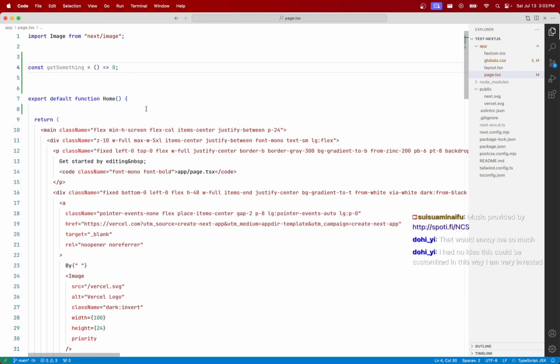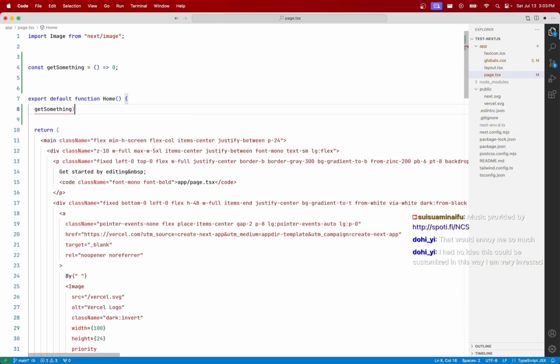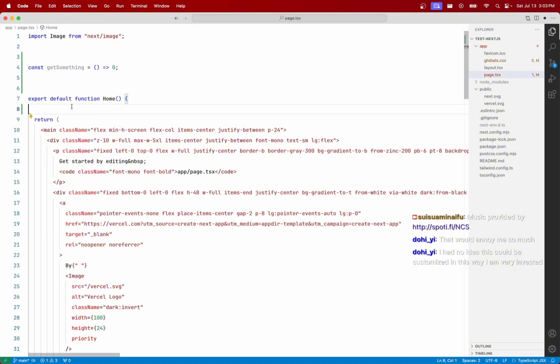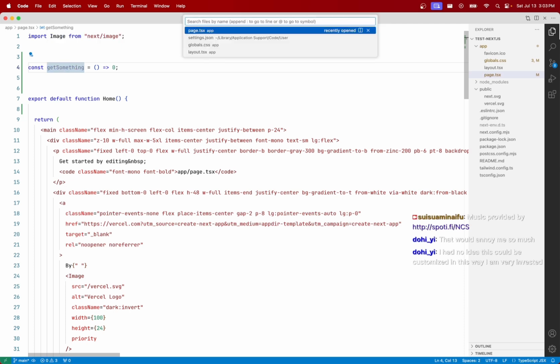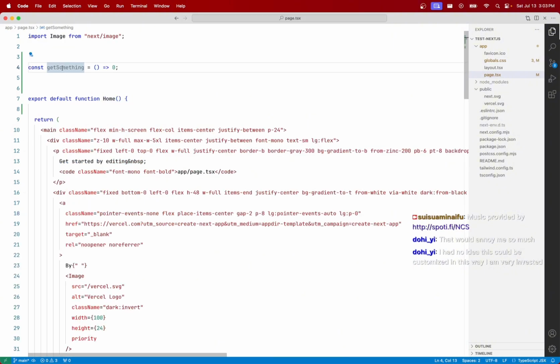Yep. So now let's call this, and whenever we click on it, it will highlight this part and highlight this part, and even if we remove this, it will still highlight this entire thing, which I just find visually distracting again. So I'm going to turn it off, and if we go back now,